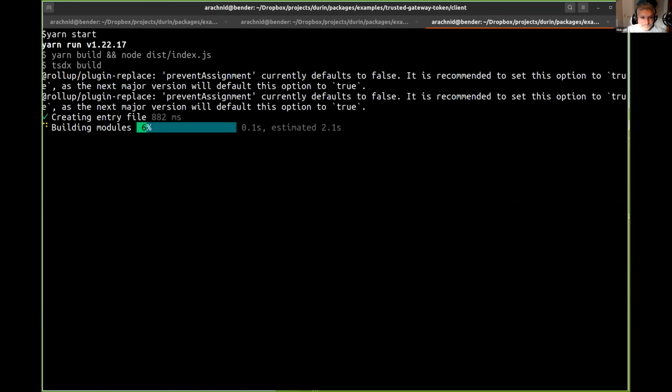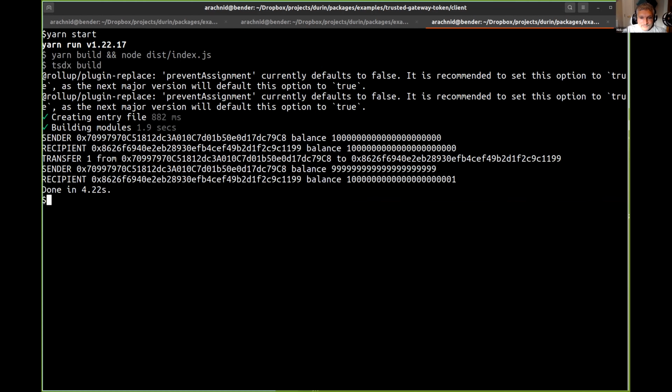And then finally, in the third window, I'm going to actually run the client, and very unglamorously, here we go, it fetches the balance, it checks the balance of the recipient, transfers one token, checks the new balances.